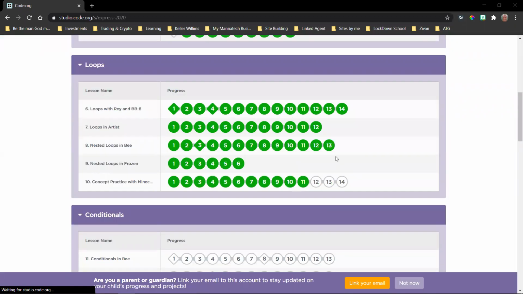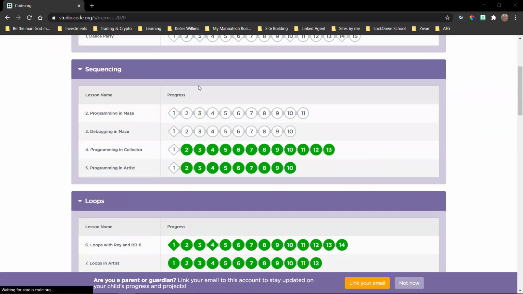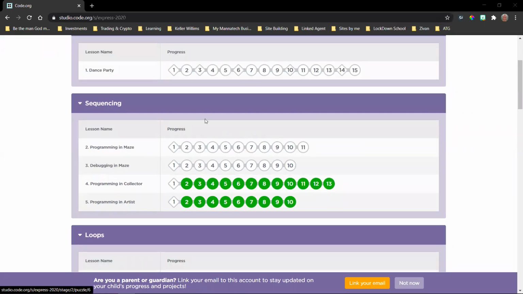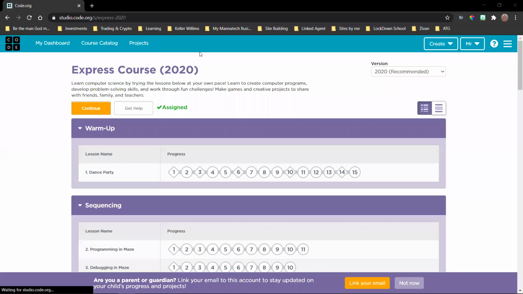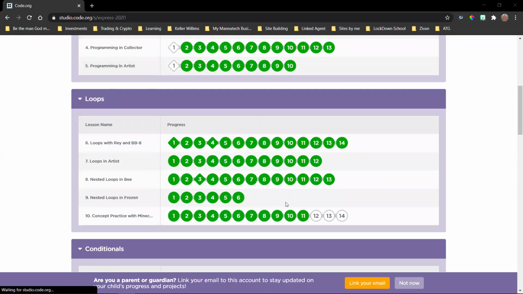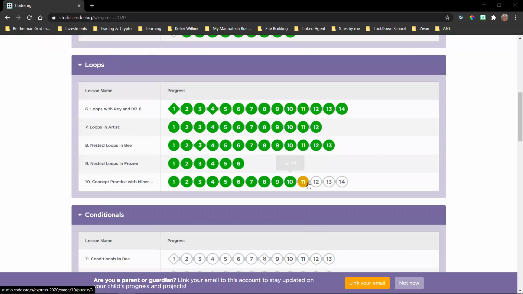So for those of you that are new, or for those watching on the YouTube video, if you keep the link open in your address bar after we finish the Zoom call, you can come back to this page here, which is a section that I created under my code.org account for you to work on. So you can come back to these first puzzles and do them. We've done them. They just don't show that they've been done because this is when code.org changed over to the new 2020 version. Okay. This is where we're at.